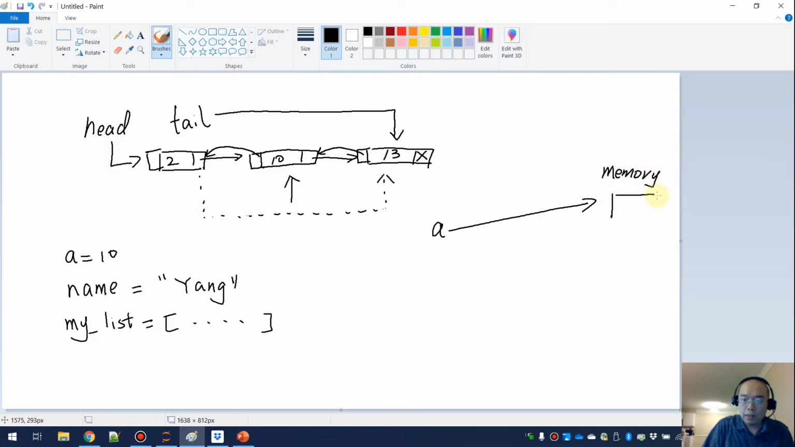And so in this memory space, it holds the value 10. And for the name, it will refer to another memory space, and this might be a little bit larger because that is a string, and that string is Yang. Okay, and then for the my list,